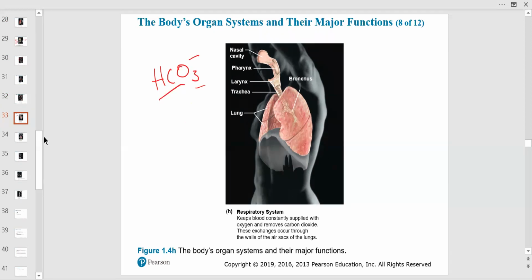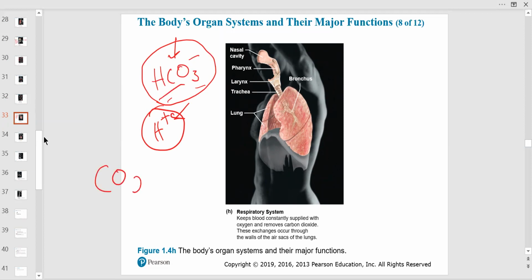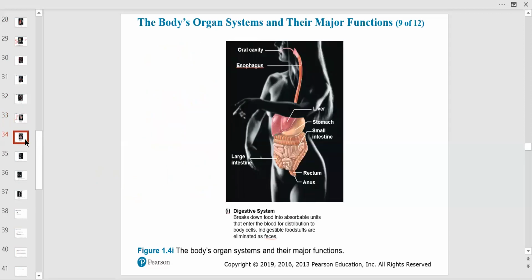So this is more base with a higher pH when you see a lot of this. So if you see a lot of this, it's acid. This is more base or alkaline. This is acid. So the respiratory system has something to do with that. And usually, if you can remember this, the more carbon dioxide you have in your blood, the more acid. So that's one of the reasons we have to get rid of carbon dioxide, to keep the blood in the homeostatic range. And we'll talk about that in a minute when we get to the feedbacks.